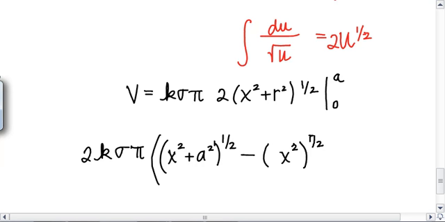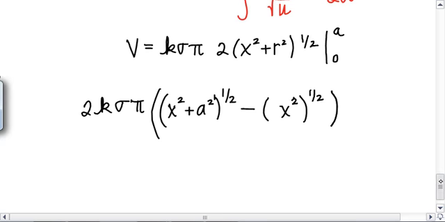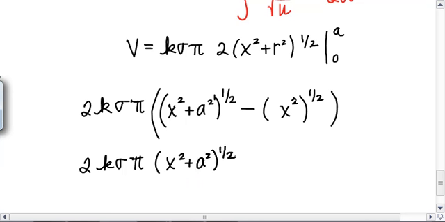Sorry, it's so ugly. Yeah, so that'll just be x. So 2k sigma pi times x squared plus a squared to the 1/2 minus x. Is that right? That's the electric field. Does that look like an electric field that we solved for earlier? Nope, that's the electric